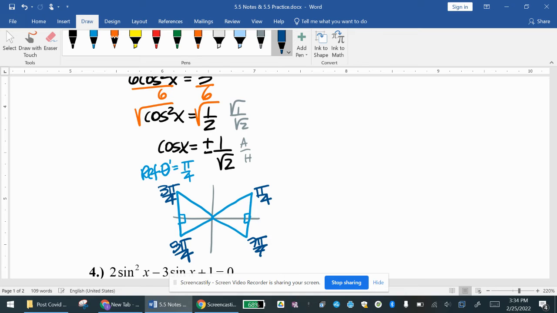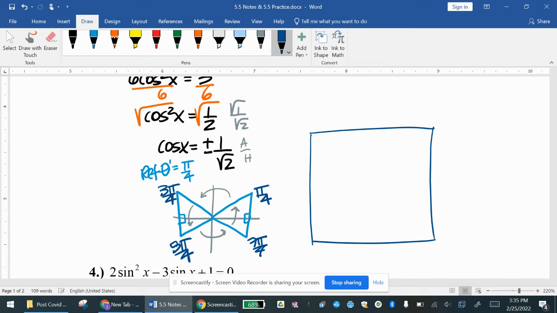Now, what I want you to notice is that all of these are the same distance apart, okay? They're all 2 pi over 4 apart from each other. So because they're all the same distance apart, I'm going to be able to condense my answers. But technically, if you're not worried about condensing and you want to give them all separately, you can say that the answers are